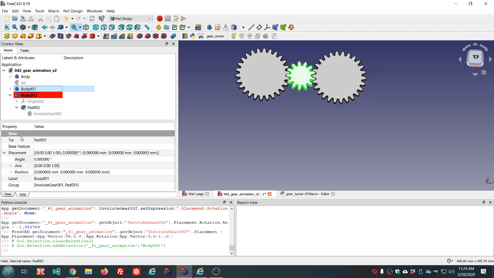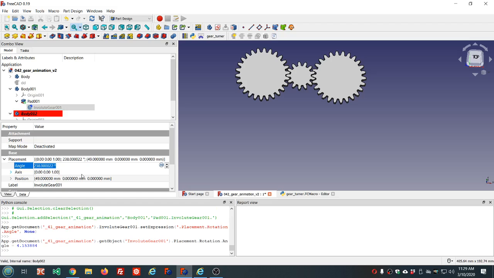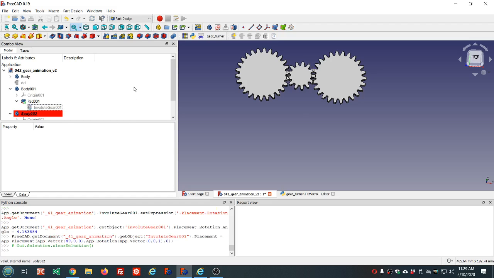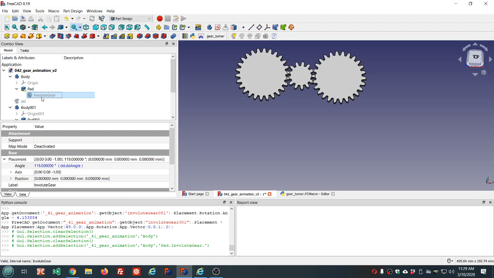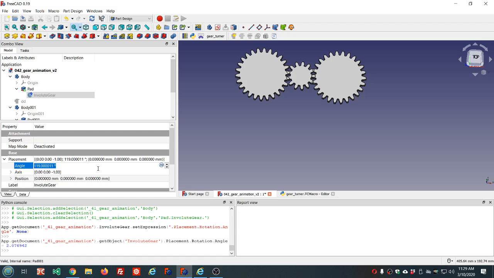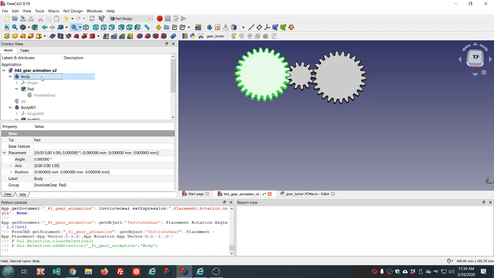Do the same with this gear. Let's just set these back to 0. I'm going to clear these. And this one as well. Okay, we'll set this one also, clear it and set it at 0. So they're all back at 0. Of course, these are not meshing because it needs to be 7 degrees off. But I'll set body here